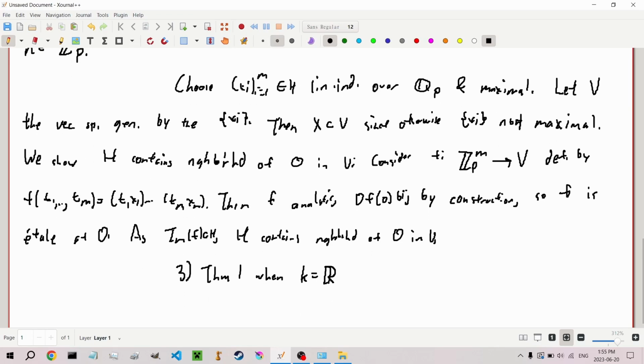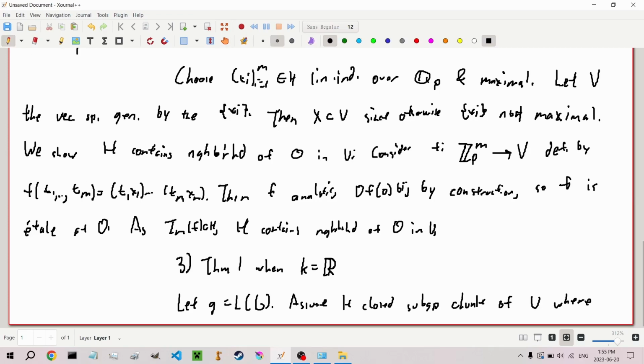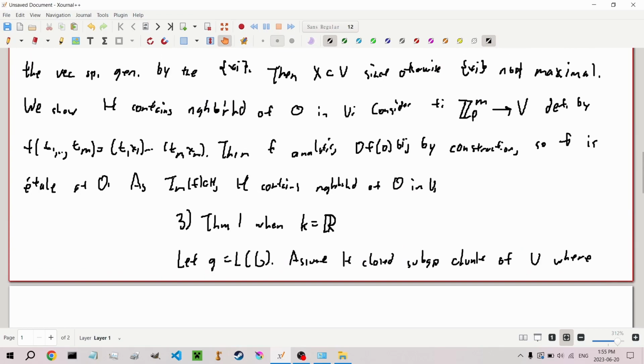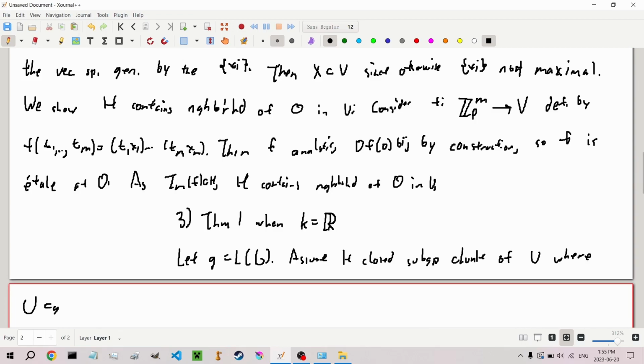Once again, we're going to let g be the algebra of our G, and we can assume H is a closed subgroup chunk of U, where U in G is an open subgroup chunk under the Campbell-Hausdorff formula. You can also assume H is strict in U,